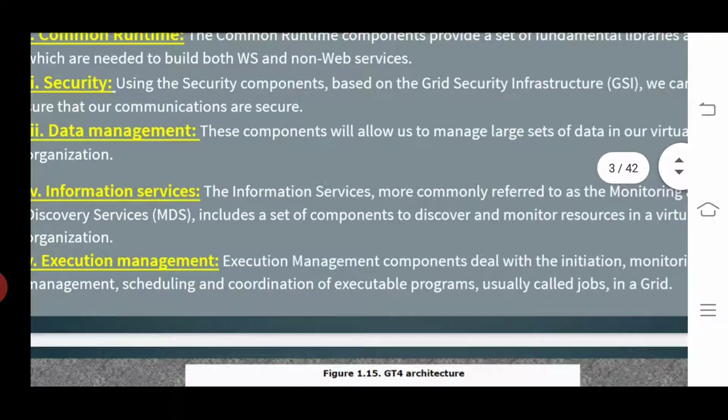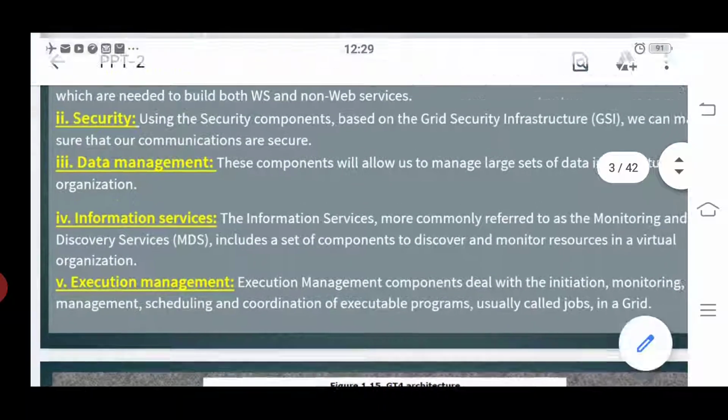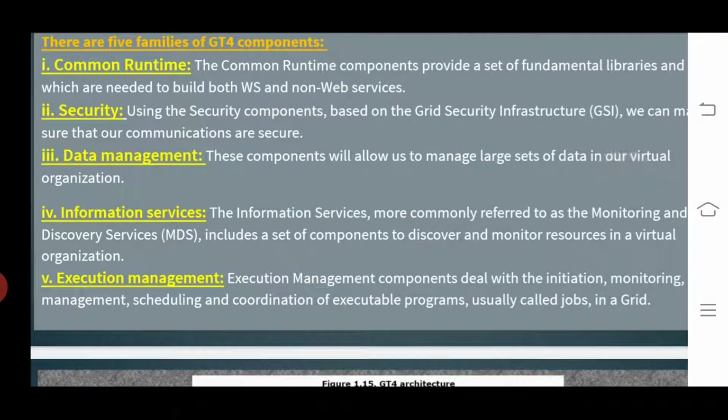The execution management components deal with the initiation and monitoring, management, data management, whatever it may be, and scheduling and coordination of executable programs.